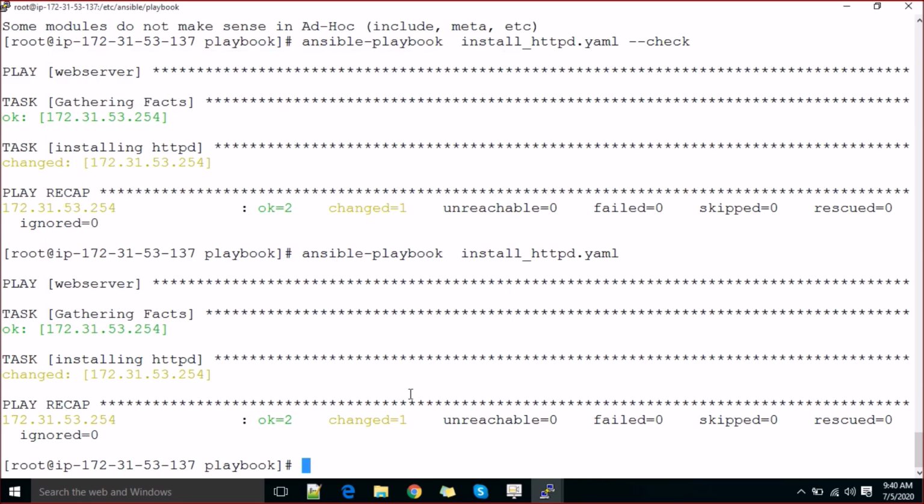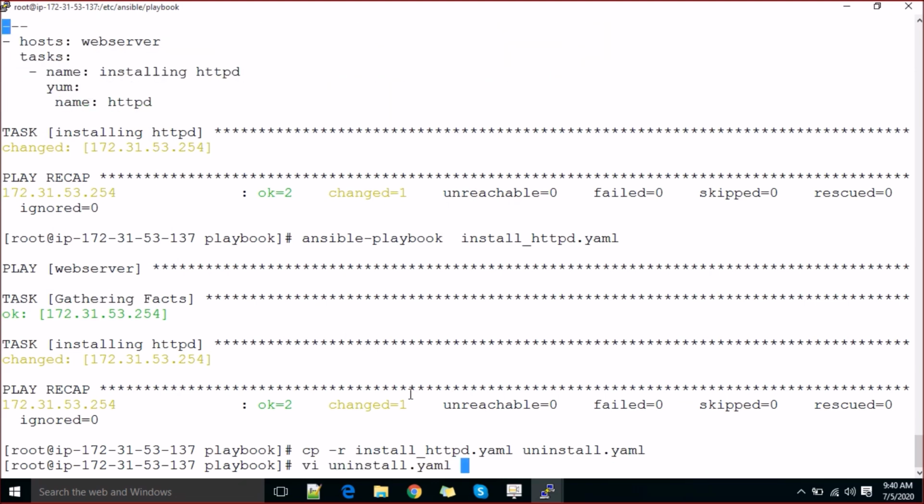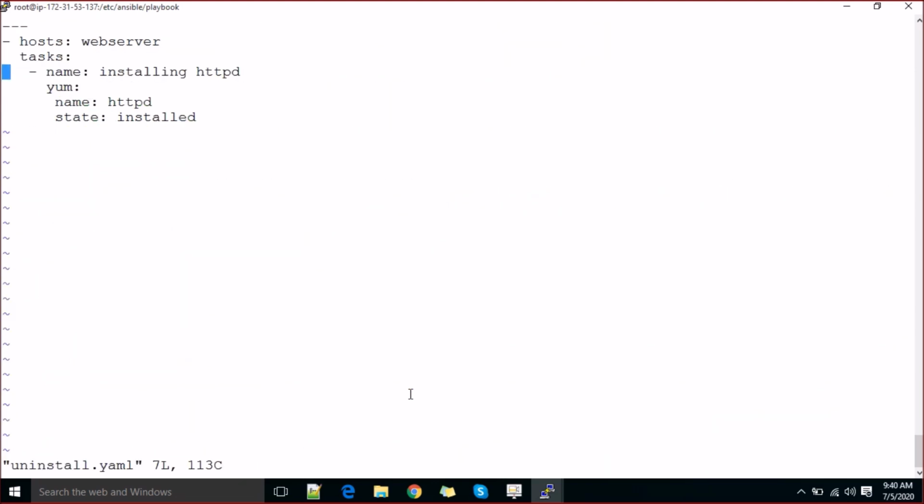If you want to uninstall it, what do you need to do? I'll just change install.yml to uninstall.yml. What you need to do is the similar way: triple dash, the host inventory where you would like to run it, the task. After task, you just come down, give one space here and give the task name here. Then start writing your modules here. I would call it, let's say, absent,